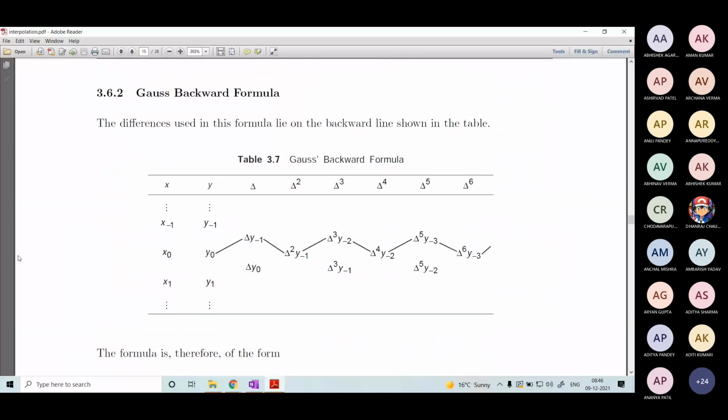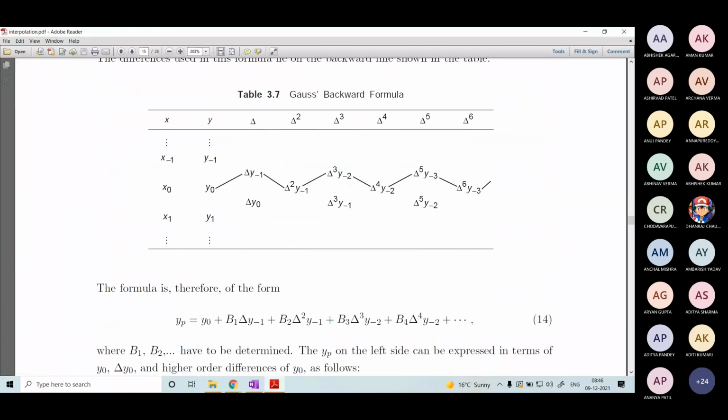Okay, so you see here along the backward line, the values will be taken. Again you see the derivation here. I have not written B0. The B0 term is not written because B0 term will be coming out as 1. That I knew. That is why I did not write B0 into y0. Okay, B0 for backward difference to represent. We are talking about the Gauss backward formula, and G0. No, I should. Anyway, there is no meaning in these constants.